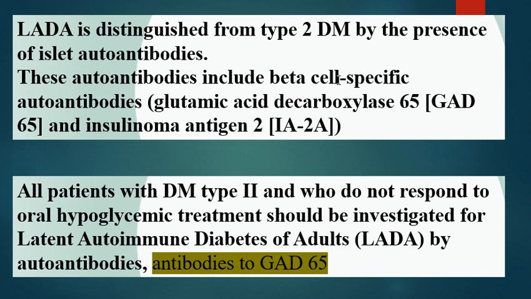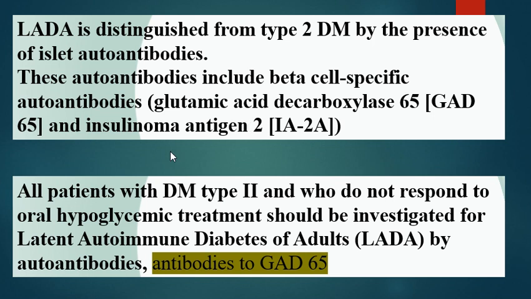So when we find such autoantibodies to glutamic acid decarboxylase 65, for sure this will be a case of LADA. And also we can order for the patient IA2A, which is insulinoma antigen 2. These are